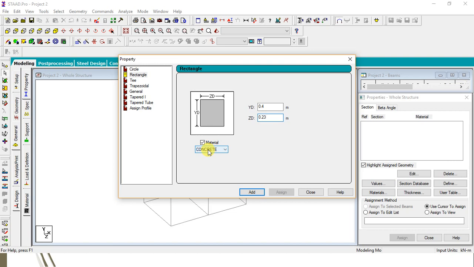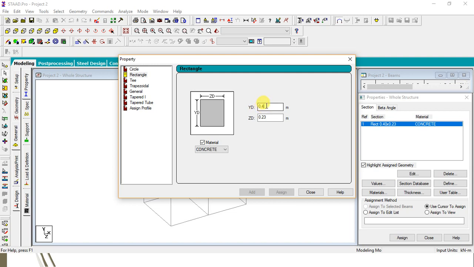Then material is available: steel, stainless steel, aluminum, concrete. I am selecting concrete and clicking on add. You can see the cross section is immediately added on this property window.